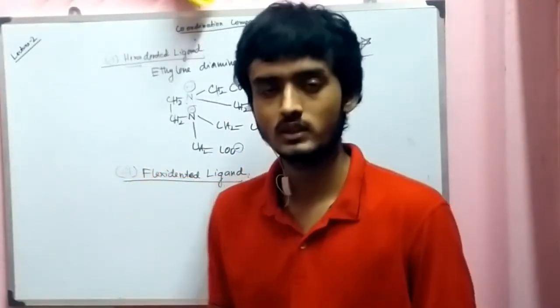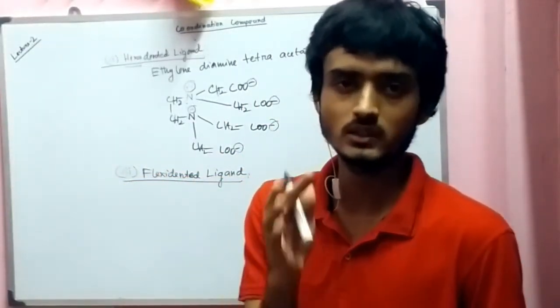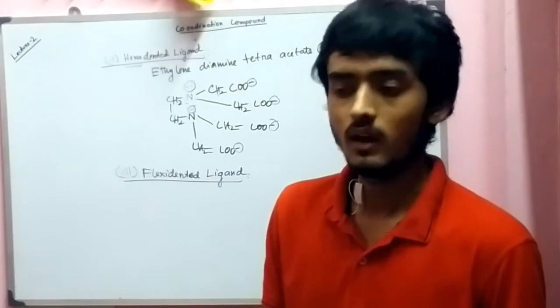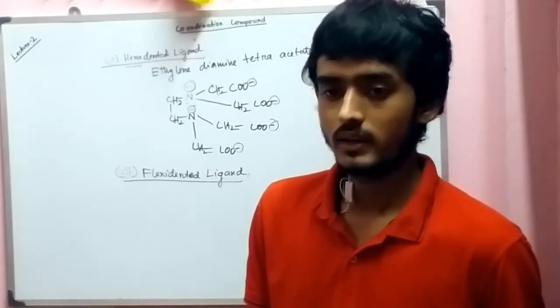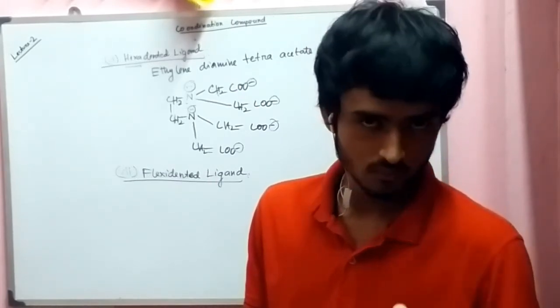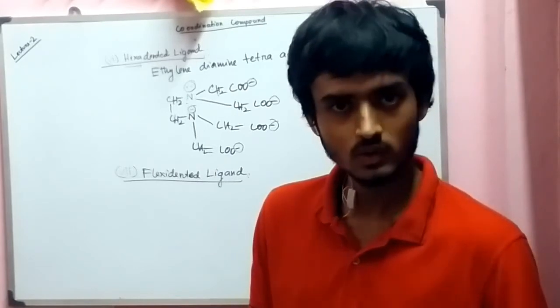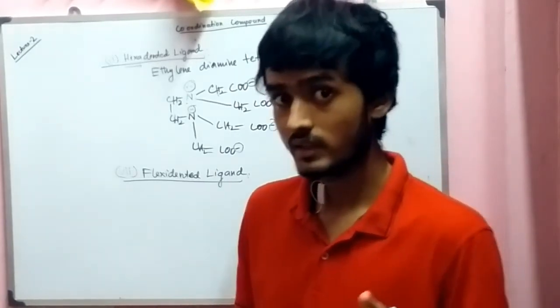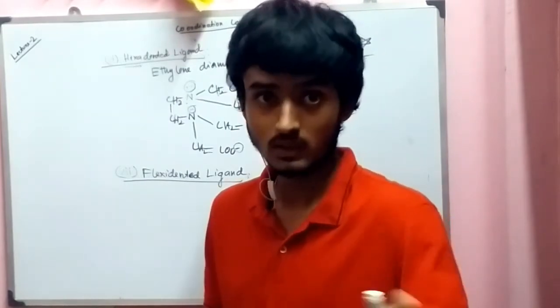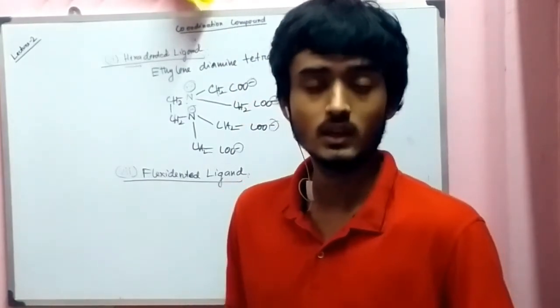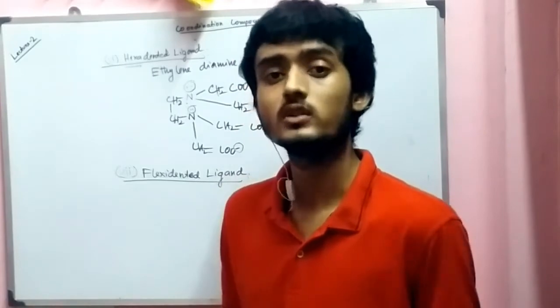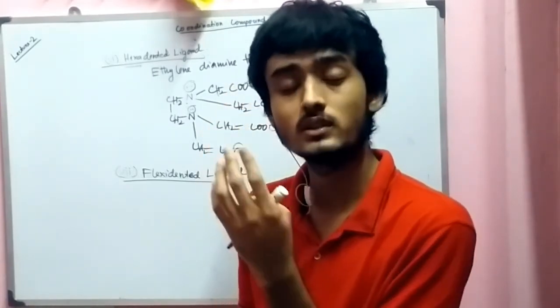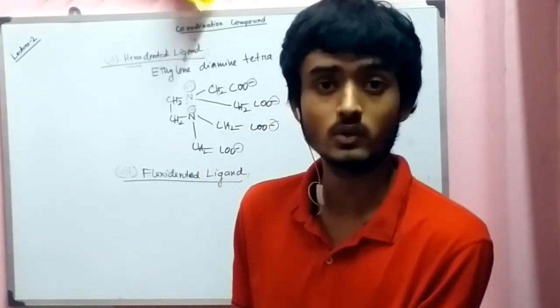Hexadentate ligand, so it can form a maximum of 6 sigma bonds here. And suppose a central atom has only 5 valencies, then it will be forming only 5, the other valencies will be left out. So it can show 5 or 6, or if the central atom has 4 valencies, then it will only form 4 bonds, and the other two sigma bonds of the EDTA will be left out.